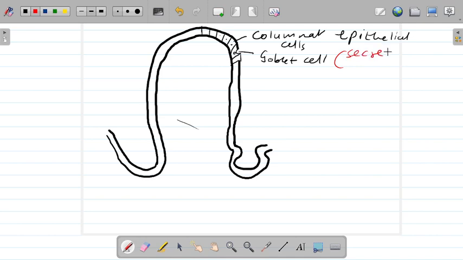Yes, it secretes mucus. That's the goblet cell. You find it in the nasal passages as well. Good. So that is your goblet cell. So this whole entire surface is made up of mainly goblet cells